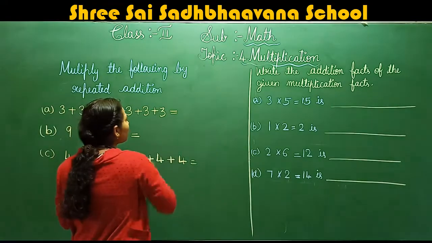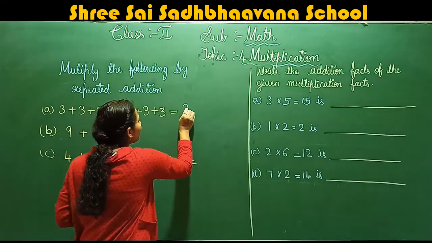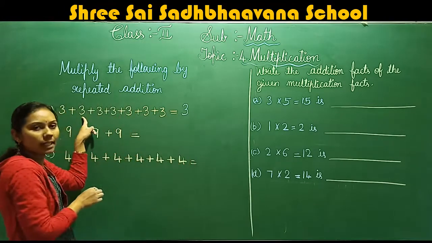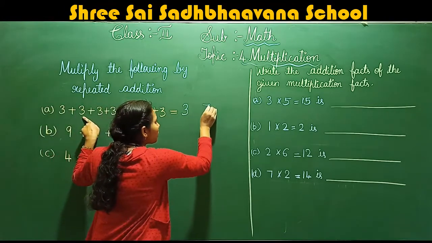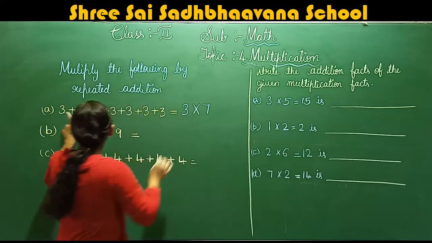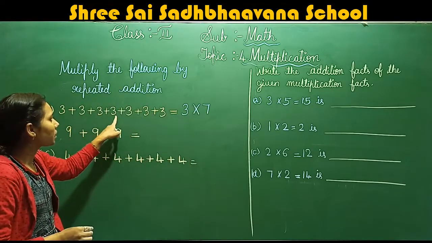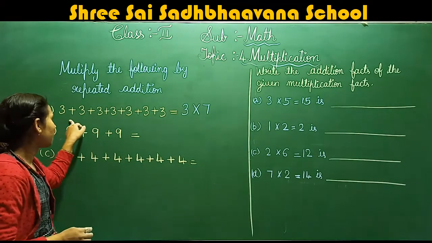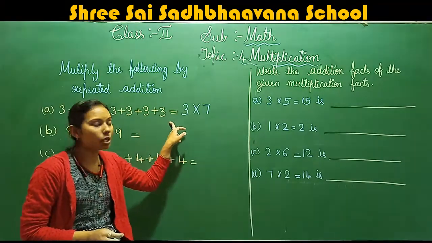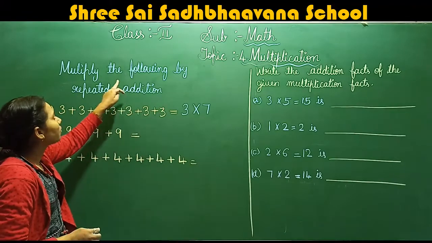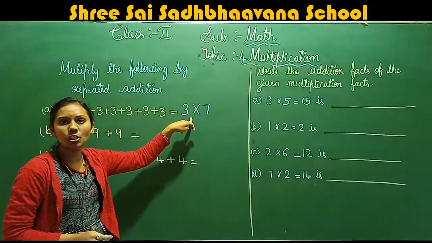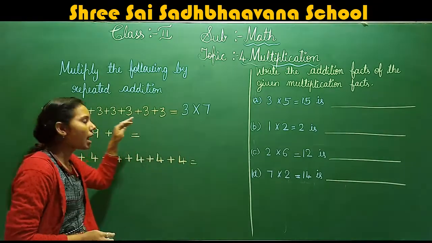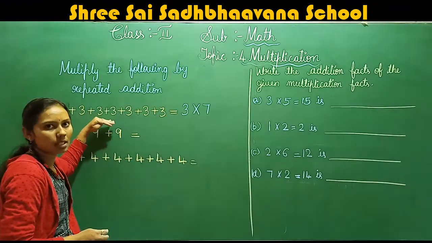So here the number 3 is repeating 7 times. What is the answer if you add 3 plus 3 plus 3 plus 3 plus 3? How much will we get? It will take time to add these numbers. So what are we doing here? We are using the multiplication method. We are going to add the same number